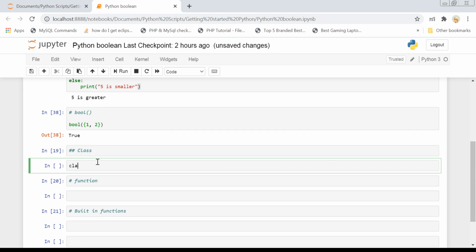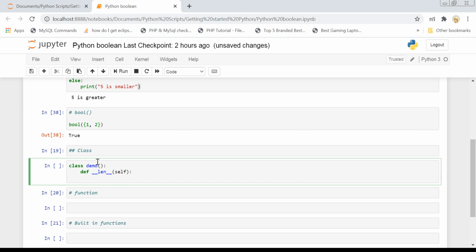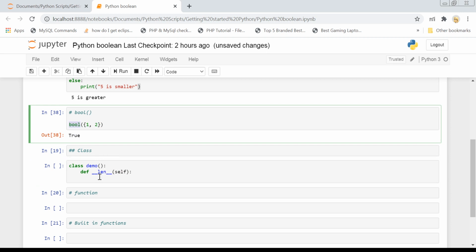If you want your object to be treated as a Boolean variable, then you just create a class, simply demo. And in this demo class, you will have to override a function called len. This len is a function which is always called when we call the bool method over my object.